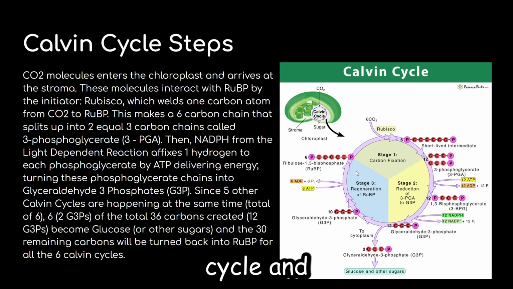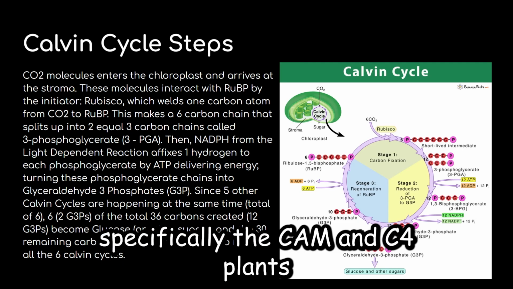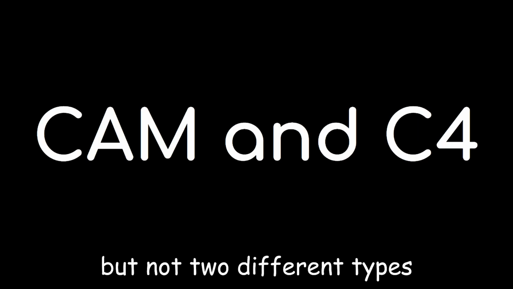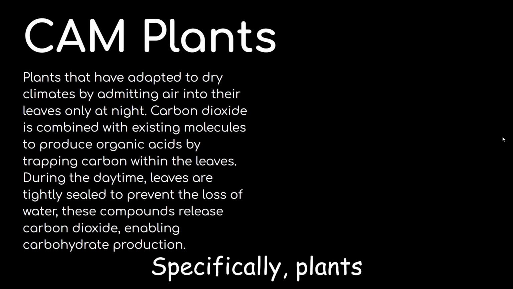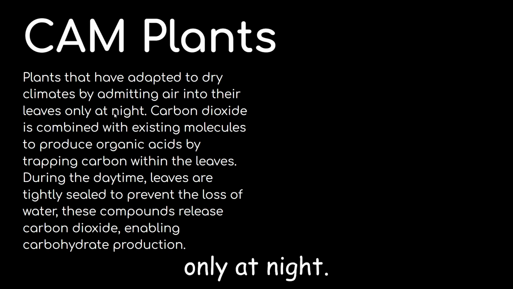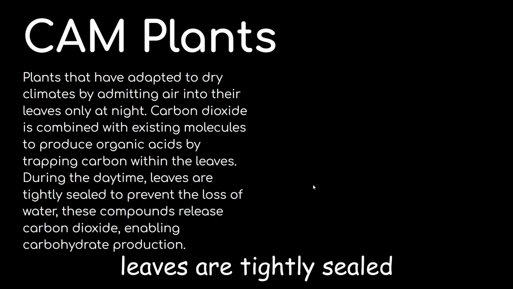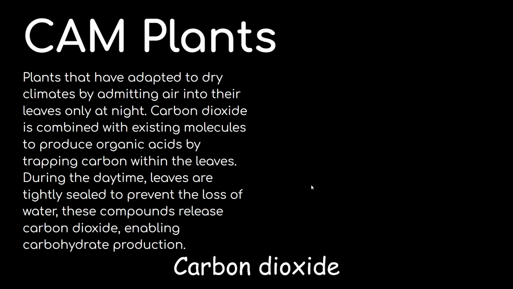However, the Calvin cycle and the light-dependent reactions are a little bit different in other plants. Specifically, CAM and C4 plants have different, but not too different, types of photosynthesis. CAM plants have adapted to dry climates by admitting air into their leaves only at night. This means that carbon dioxide is combined with existing molecules to produce organic acids, trapping carbon within the leaves. During the daytime, leaves are tightly sealed to prevent the loss of water, and these compounds release carbon dioxide,